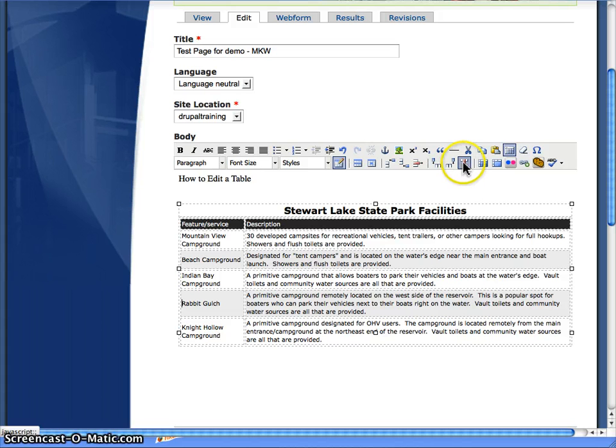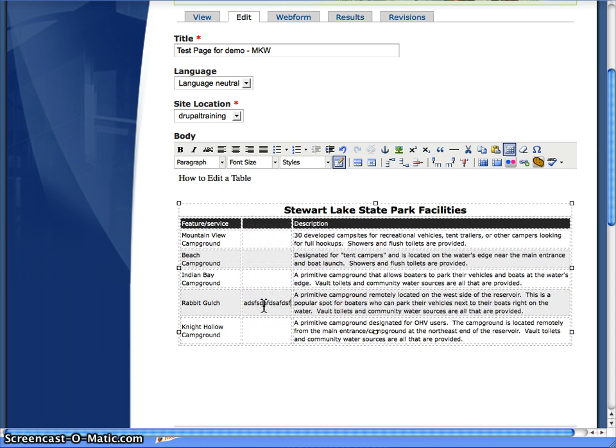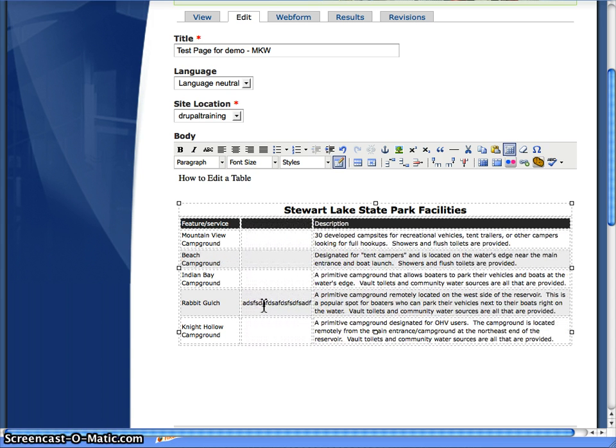Let's go ahead and do an insert column after because it'll be easier to see. Now can you see where it added a new column here? A little bit hard to get into that column. You can always use your arrow keys to navigate around. But this is what it would look like, and as I put in information, of course, it would open up the column. If I wanted to delete the column, I just go into the column that I want to delete,